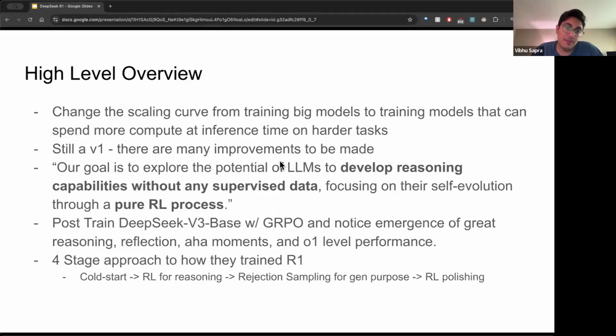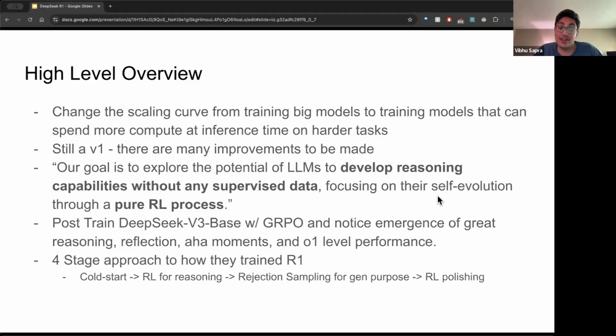So they wanted to develop reasoning capabilities without any supervised data. Without any supervised data means we don't go out and label a bunch of, hey, here's chain of thought, here's the ideal reasoning. A lot of people would think about, okay, if you have an agent, if you have a coding problem, there's 10, 20, 30 different approaches to get to the same answer. How do we optimize this stuff? But no, they're not doing supervised data. Their goal was to do it without any supervised data, just self-evolution and RL.